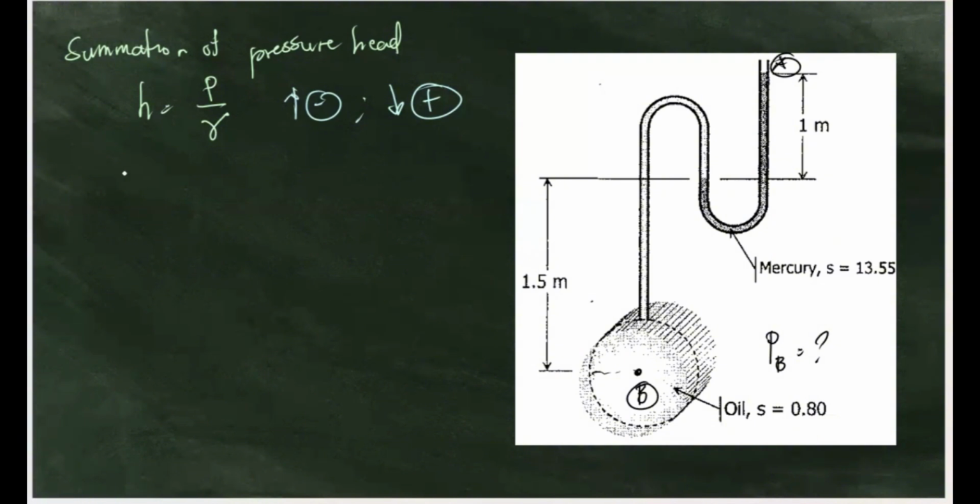So, back to the summation of pressure head. We said, summation of head. That is what we will do for our solution, from point A to point B. Let's go through it one by one. At point A, which is exposed to the atmosphere, this will become P sub A over gamma